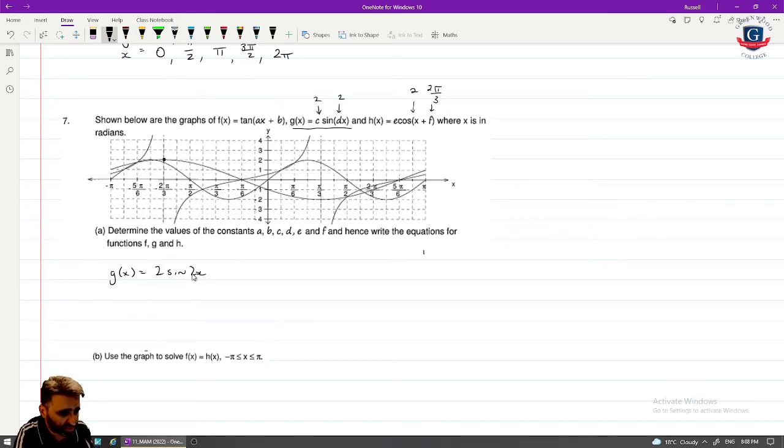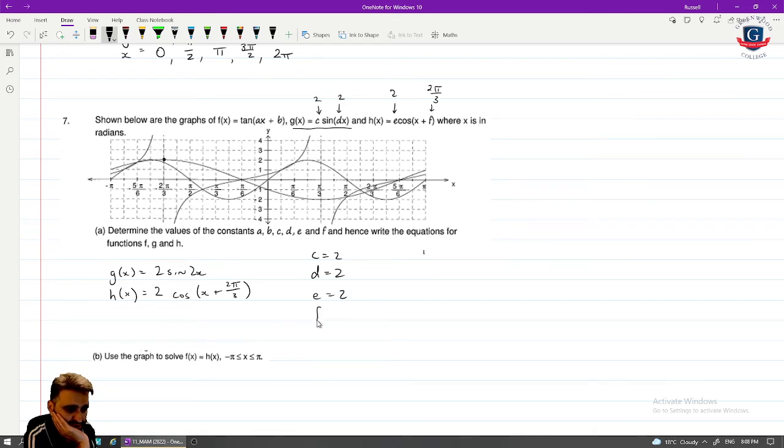So we now know h of x and 2, where have I put that 2? That 2 is in the wrong spot, isn't it? 2 goes here. 2 cos x plus 2 pi on 3. So what do we know so far? We know c equals 2, d equals 2, e equals 2, and f equals 2 pi on 3, which really